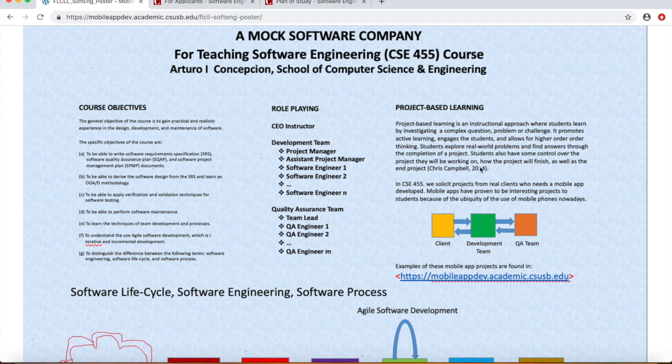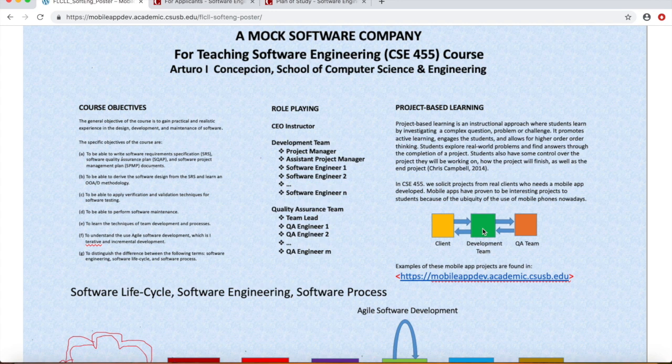So you'll see here the client is actively involved with the development team, and when the development team has finished a prototype, I call it a prototype because it is not yet the completed project, but